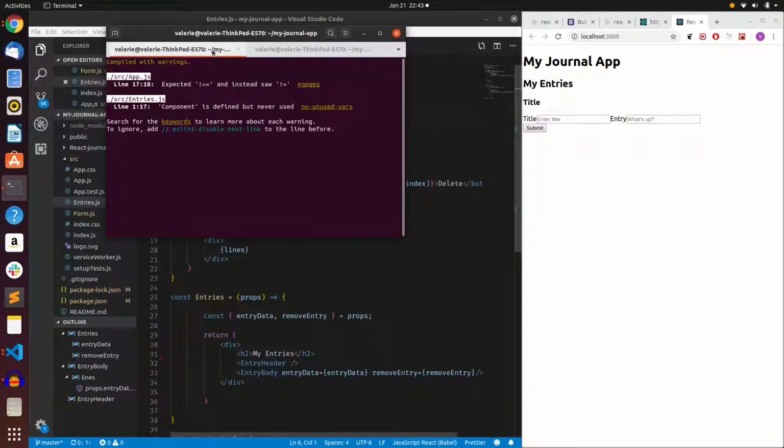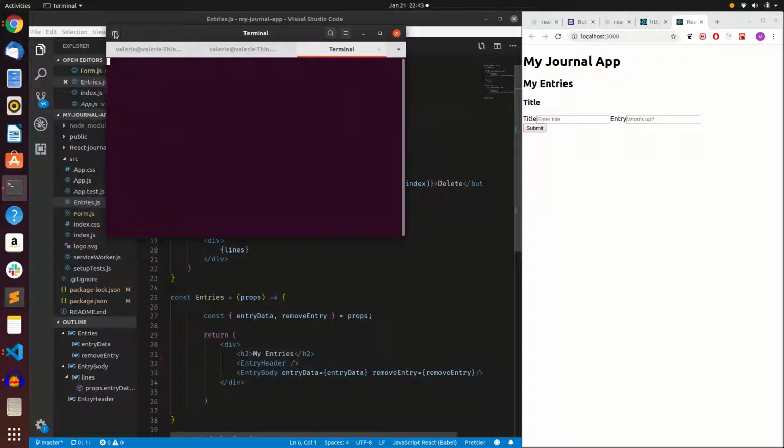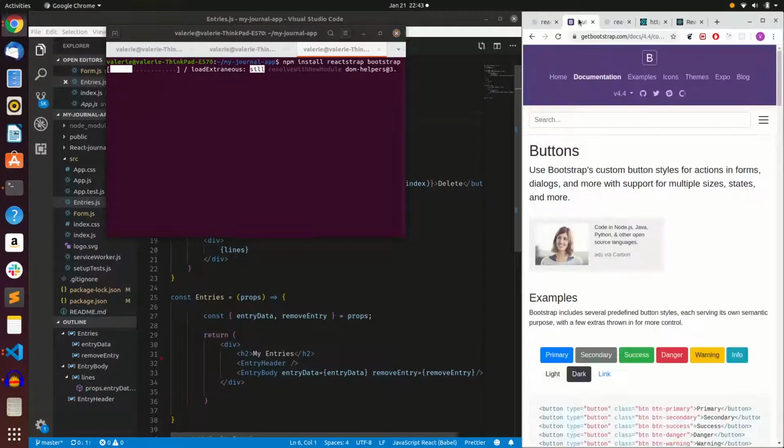is we're actually going to install reactstrap and Bootstrap by running the following. So npm install reactstrap and Bootstrap. And we're installing those within our project, and that'll just take a few moments. So just while that's going, I'm just going to quickly show you